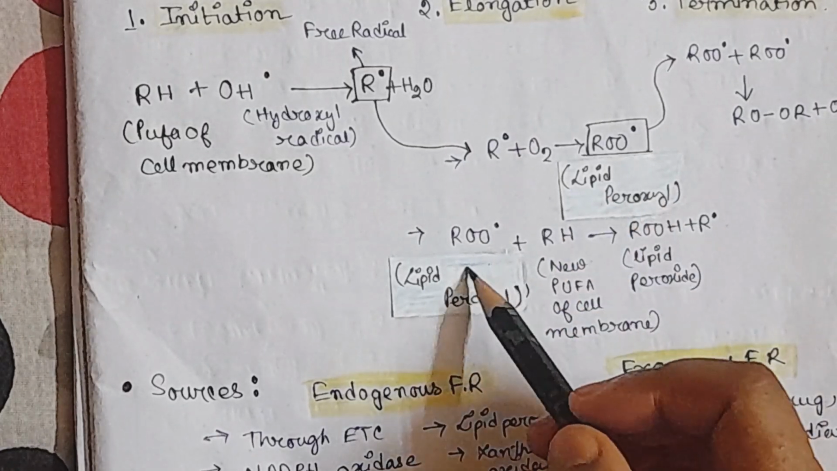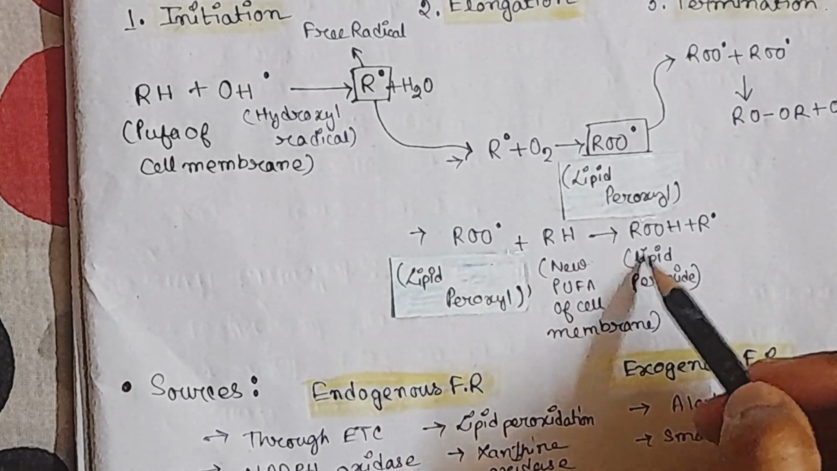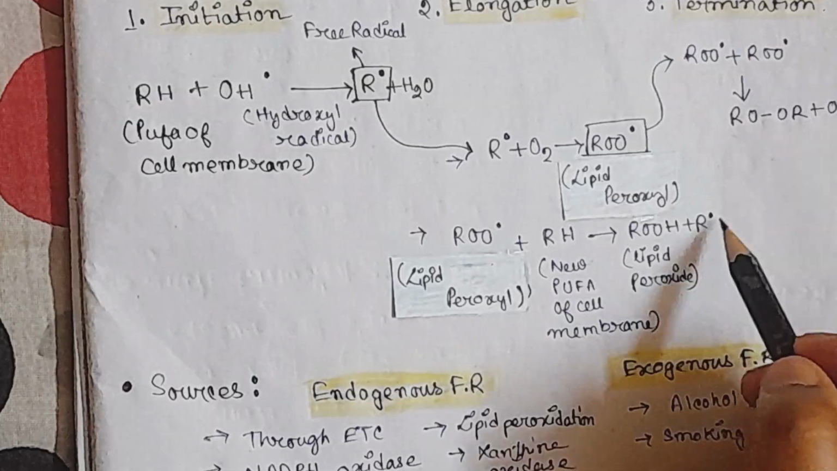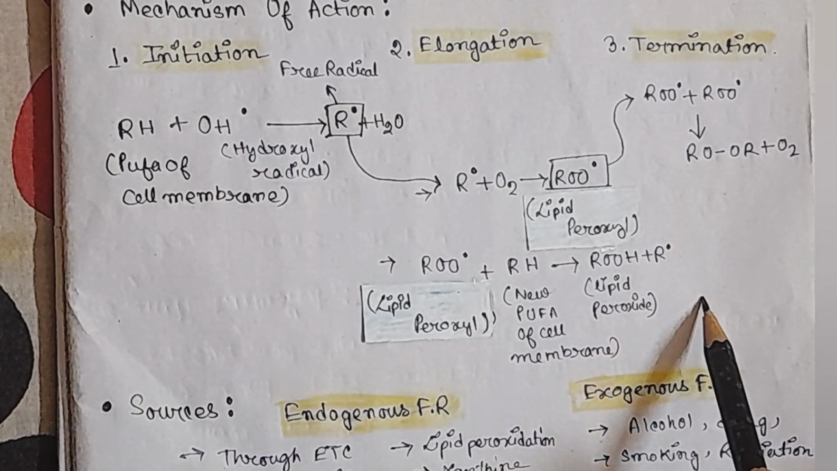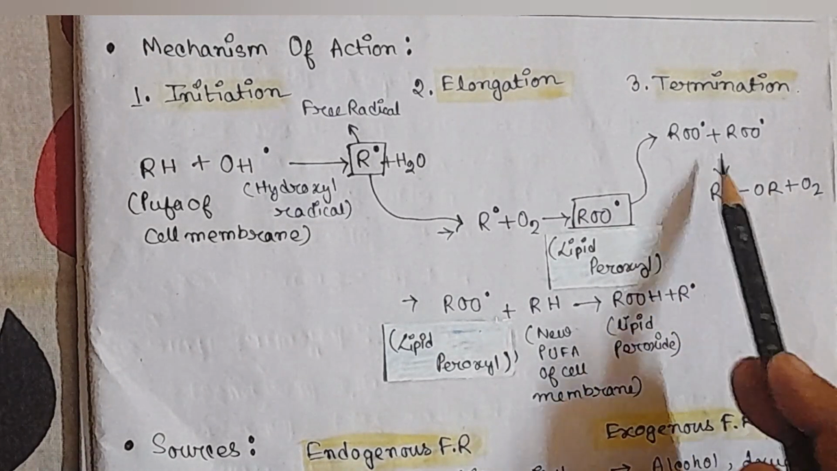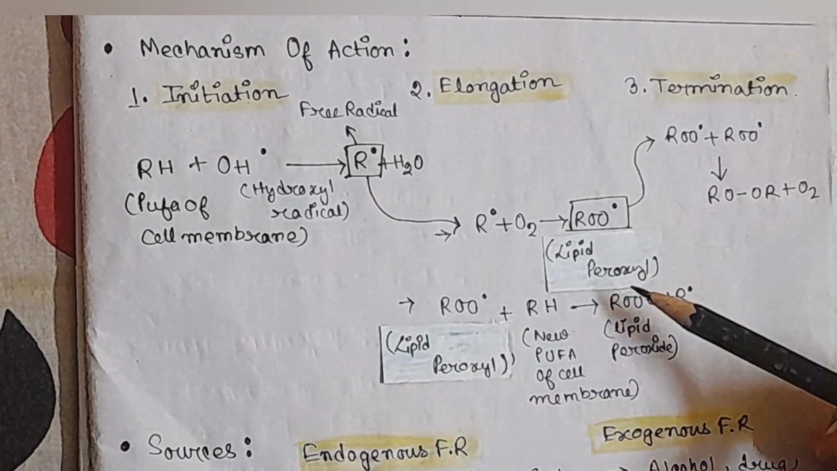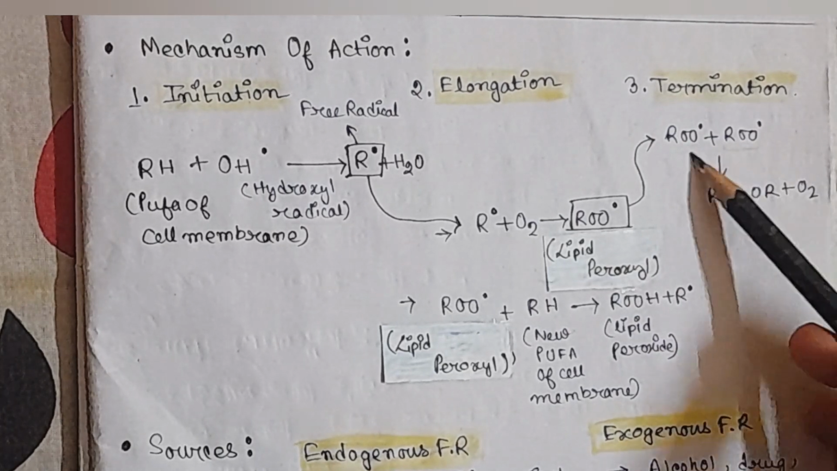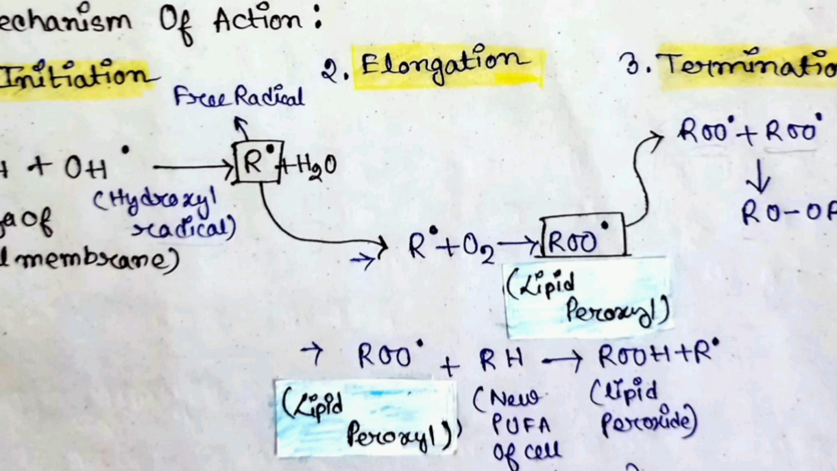This lipid peroxyl will further act upon a new PUFA of the cell membrane and form lipid peroxide and one free radical. This lipid peroxide is also known as a promoter. It will also initiate the reaction, and this will continue as a chain reaction. So termination is very necessary in the case of free radical reactions, and termination occurs when two lipid peroxyl molecules combine together and one oxygen is released. Free radical reactions need to be stopped, otherwise the cell membrane will be oxidized,